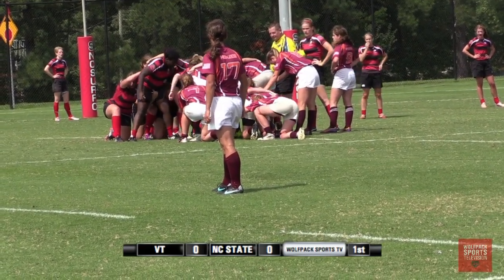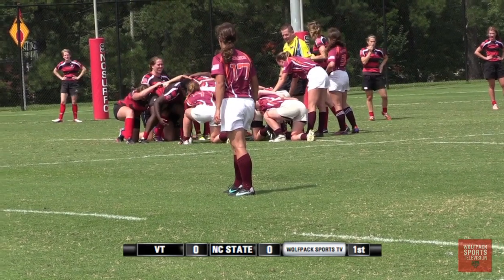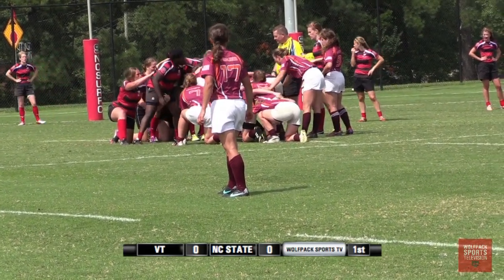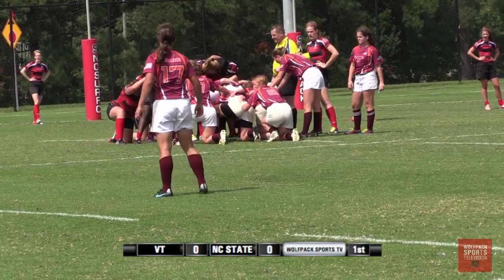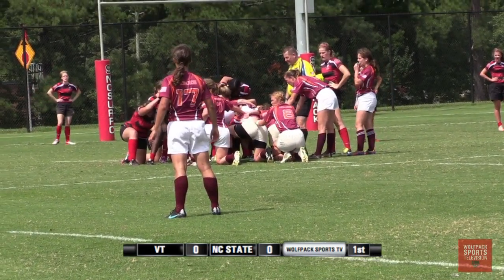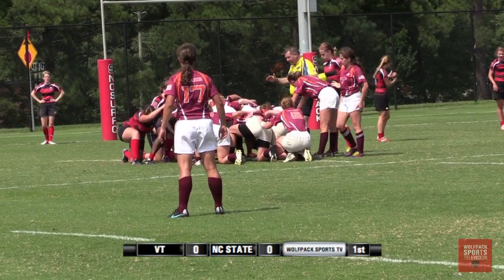NC State defense. Let's see if they can hold strong here and keep the Hokies out. Continue their strong showing on defense. Here we go, setting up for the